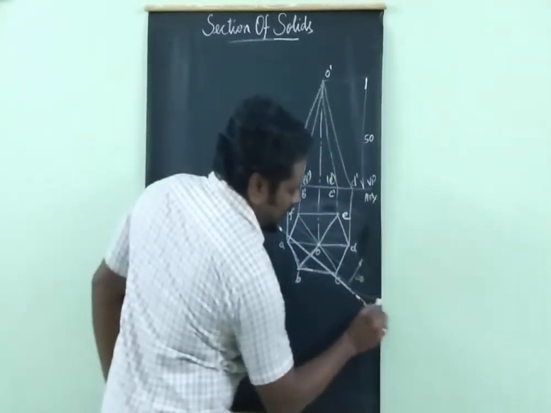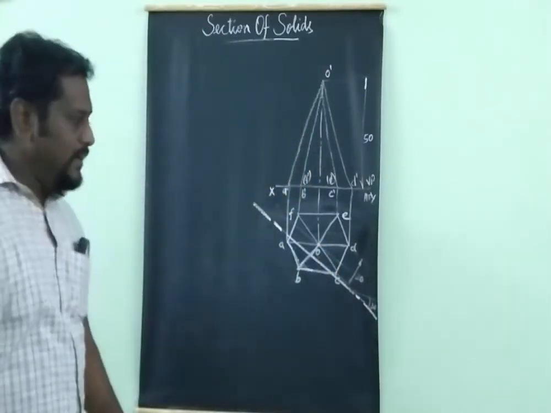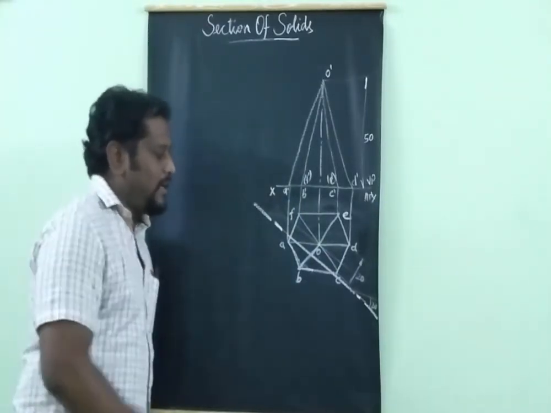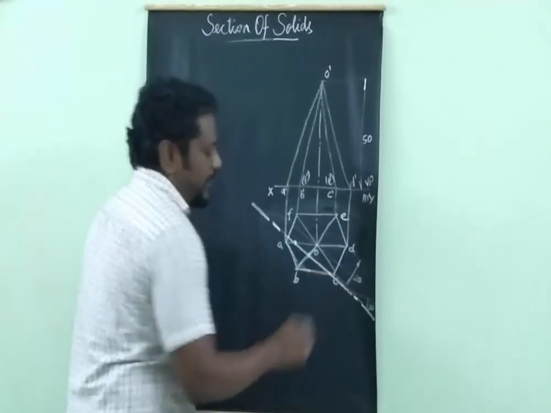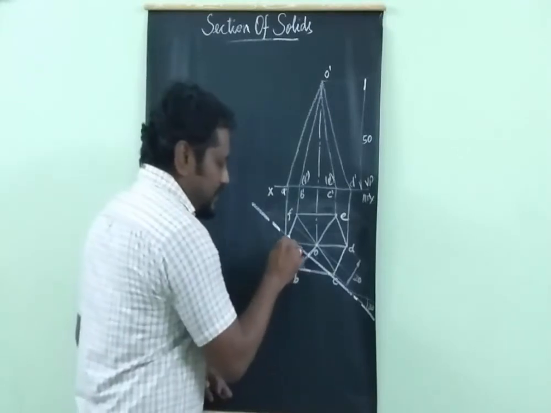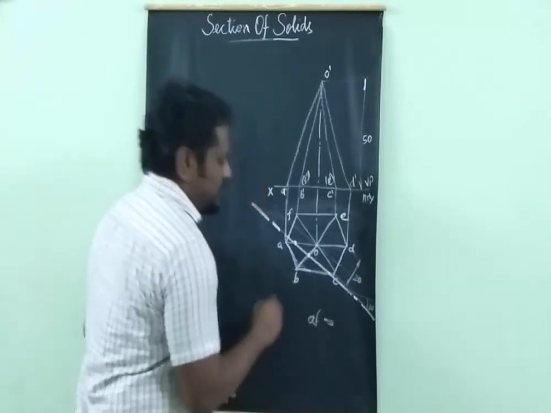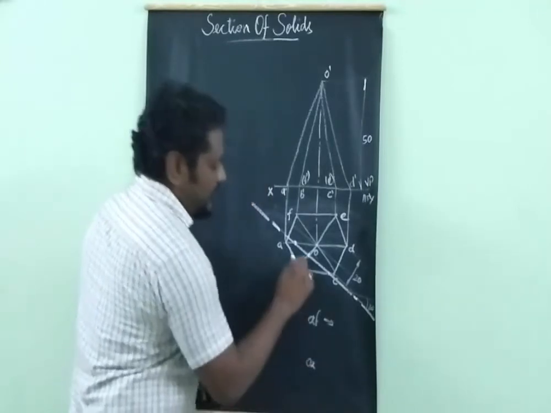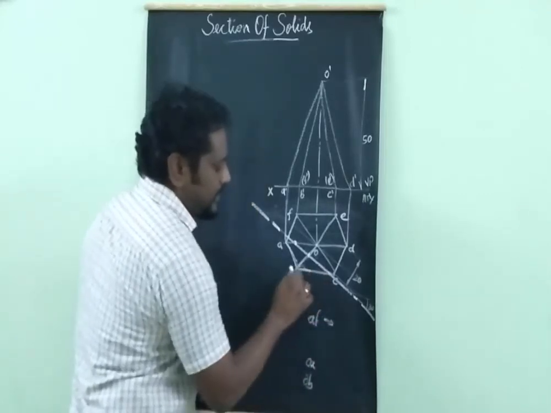Right, now this cutting plane makes 30 degree and 5 mm away from the axis. Right, now to mark the cutting points, the cutting plane cuts the solid here, here, third point, fourth point. Right, it cuts the solid at 4 points. Now this point is in the line AF, that is shorter edge. Then again this point is in the longer edge OA. Here this point is in the longer edge OB. This point is in the longer edge BC.